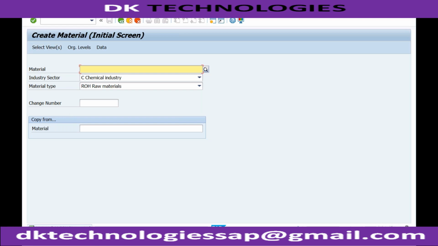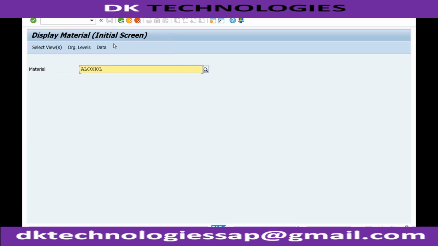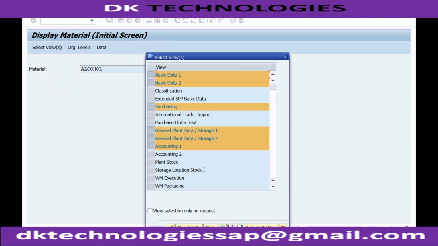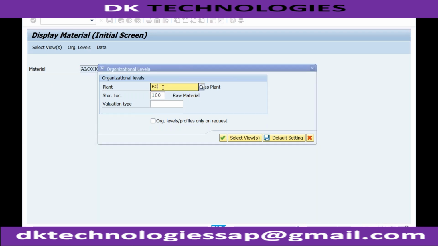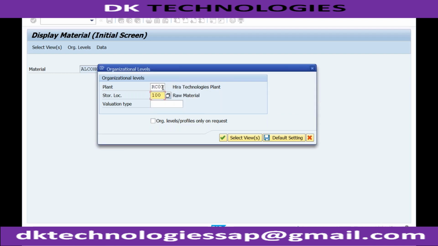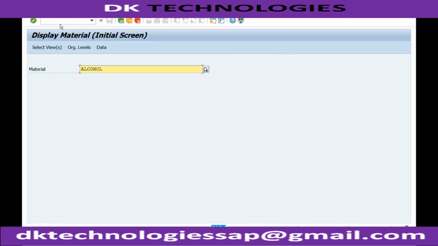So if I go to display material and press enter, whatever information we have just now saved for our plant, which is RC01 and S001, it would be available for display. Okay, if you want to change, there are 3 different transactions,